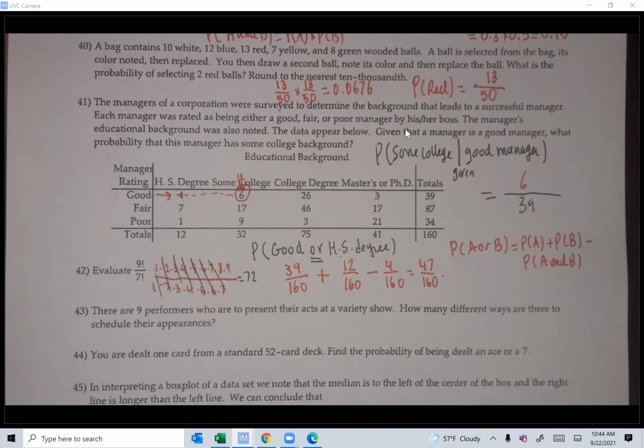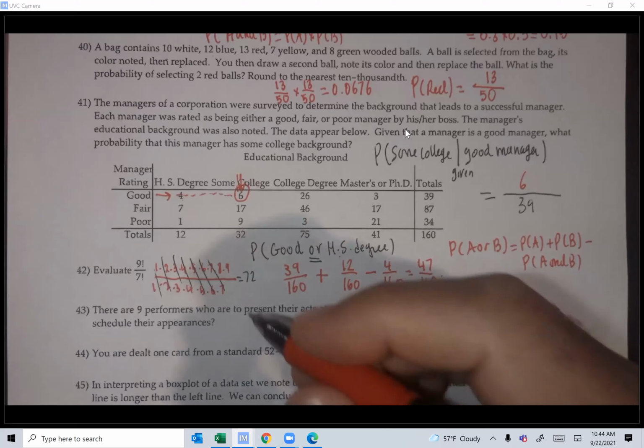The first performer can choose whether to be the first, the second, the third, the fourth, the fifth, etc. He has 9 choices. The second one will have 8 choices because the first one already took a spot. And then the next one will have 7 choices, 6 choices, 5 choices. And the order is important here. When the order is important, it's a permutation. So it will be 9,